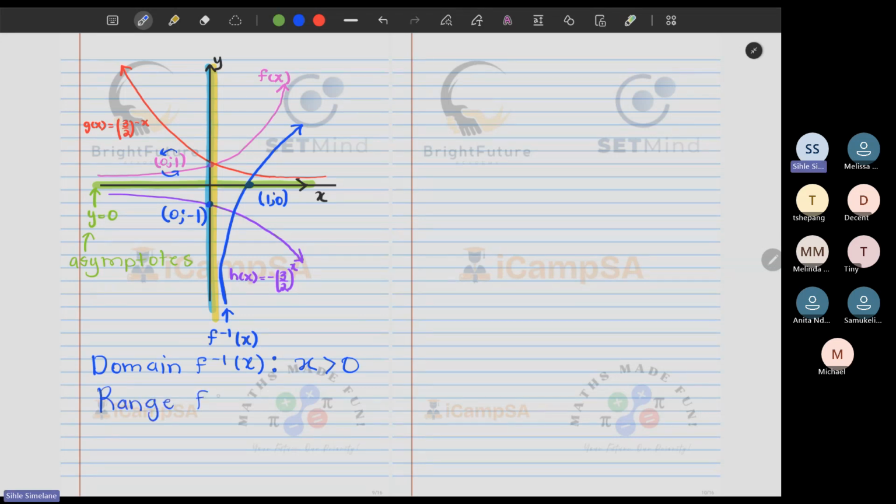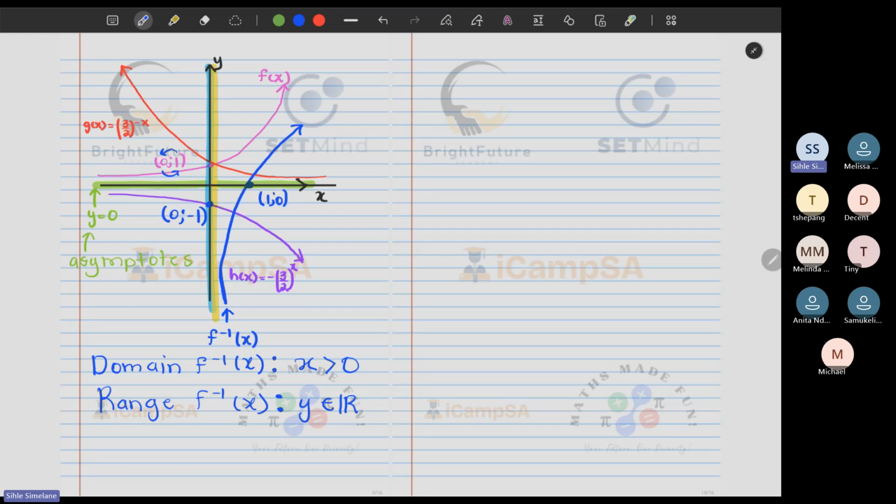What is the range of the inverse? Anyone? Y is an element of real numbers. Why? Why is y an element of the real numbers? Because there is no asymptote for the y. Yep, that is correct. So if you look at the graph, our graph can go as up as it wants,